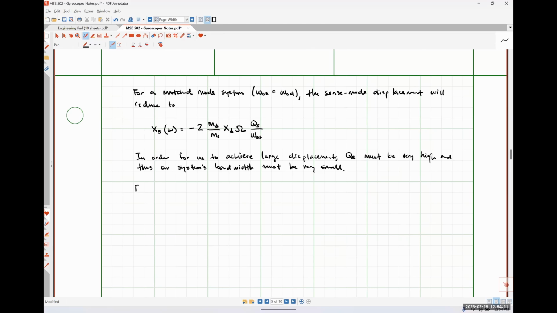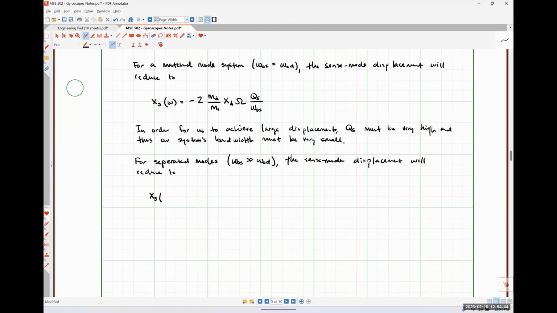For separated modes, where omega naught s is much greater than omega naught d, the sense mode displacement will reduce to: xs as a function of omega will be -j twice md over ms, xd omega times omega over omega naught s squared,